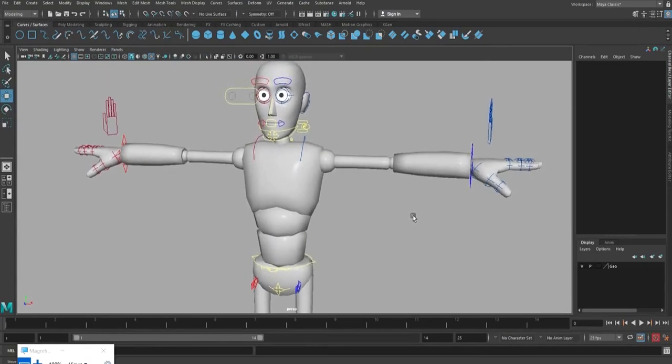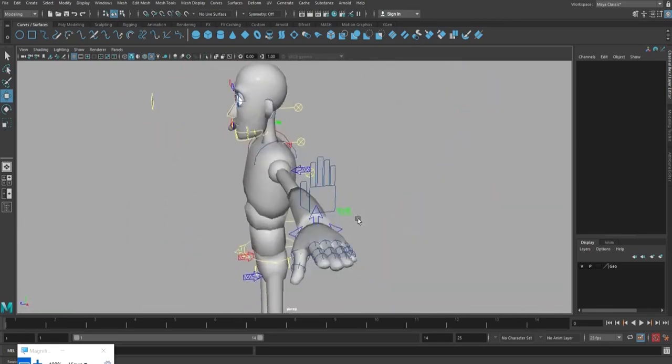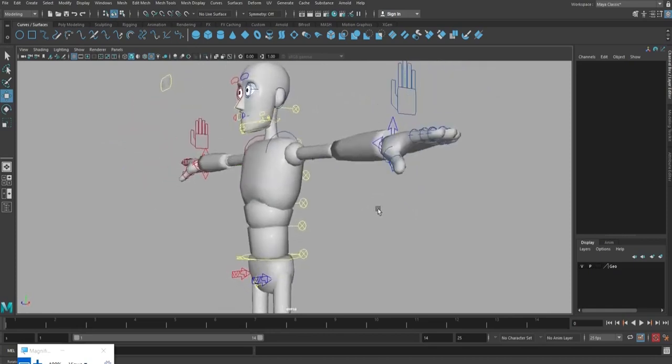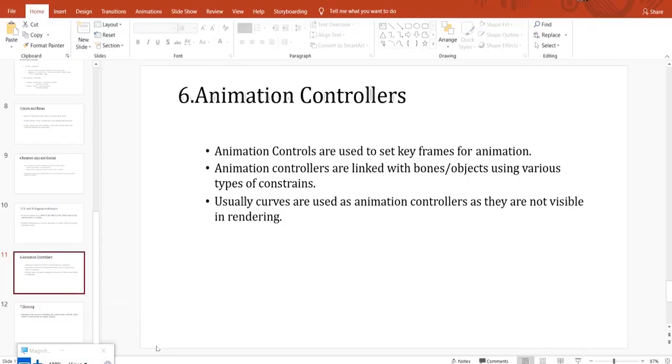Curves are not visible in render mode, so it will be easy for us to take render outputs without turning off curves each and every time. That is the main purpose of creating animation controllers using curves.